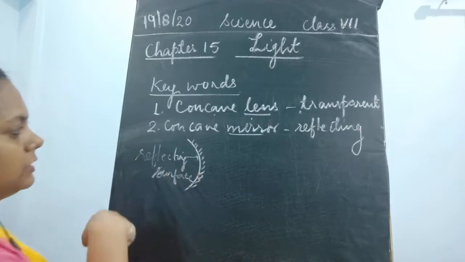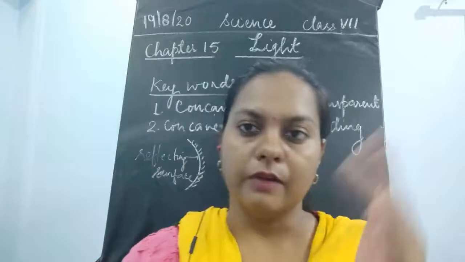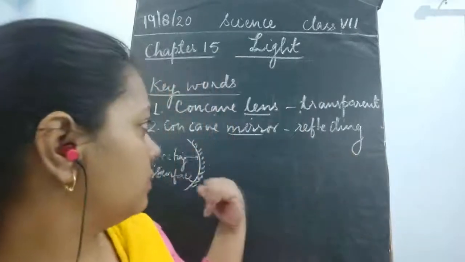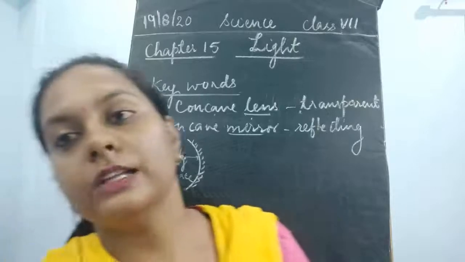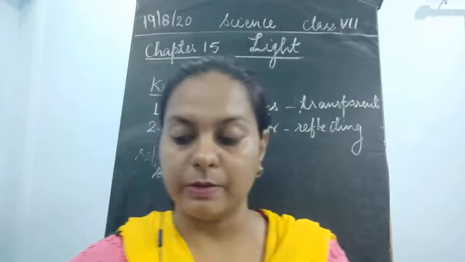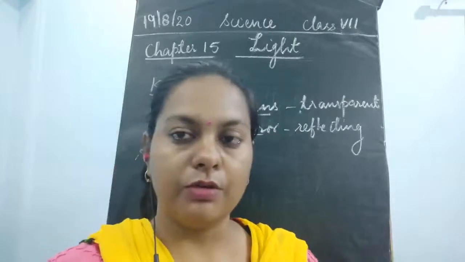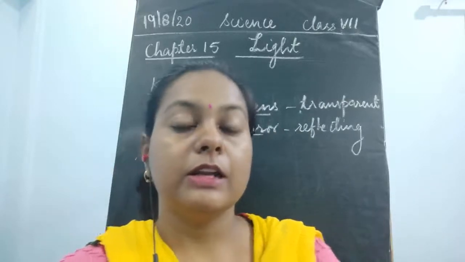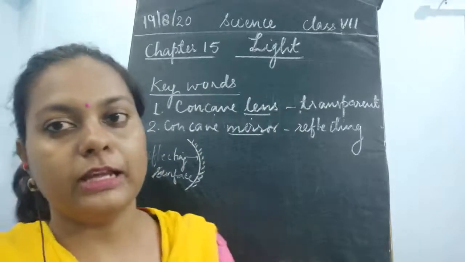Okay, so this is what is known as a concave mirror. Concave means it is curved inwards. This mirror is formed after polishing one of the surfaces of the glass, the curved surface. We have talked about spherical mirrors. It is a part of a spherical mirror, cut from a sphere of glass, and if it is curved inwards, it is said to be a concave mirror.